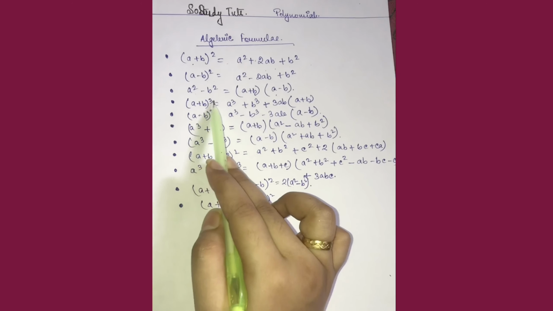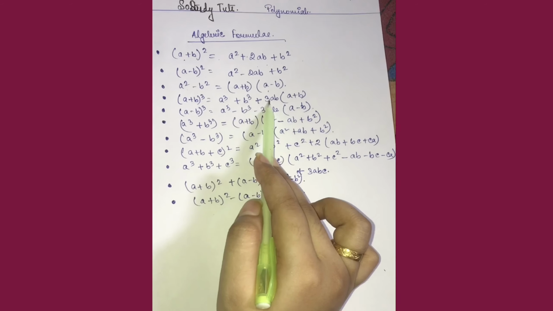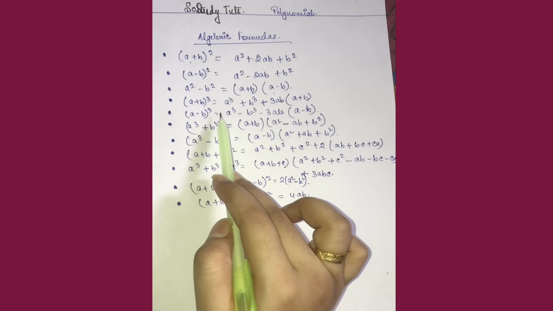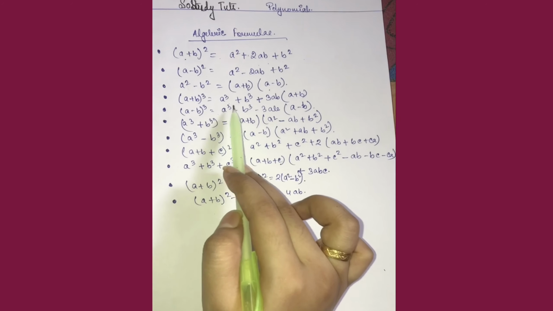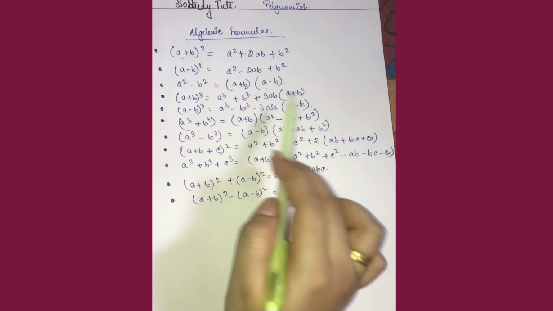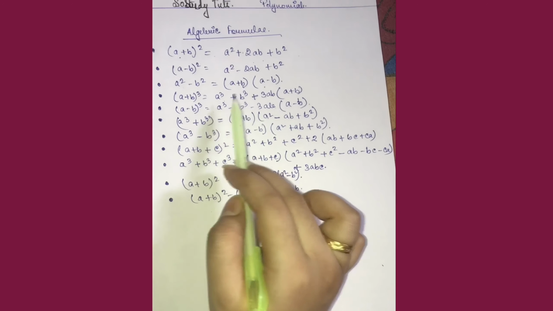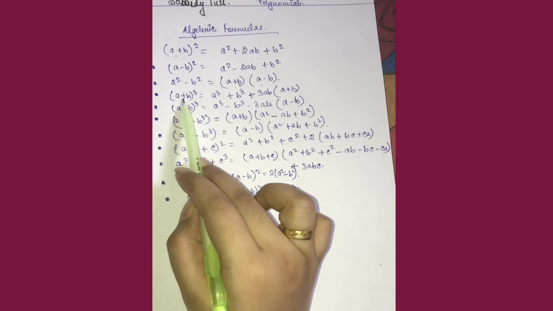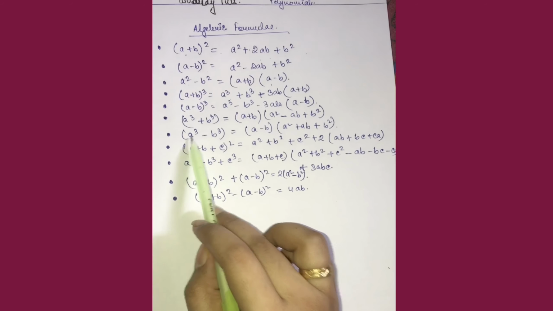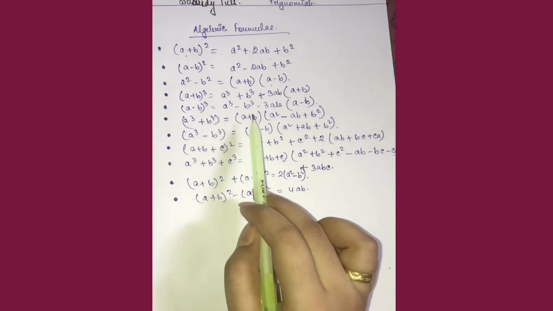(a plus b) whole cube equals a cube plus b cube plus 3ab into (a plus b). Next is (a minus b) whole cube, that is equal to a cube minus b cube minus 3ab into (a minus b). Here a plus b, here a minus b. This is plus over here, this is minus, for (a plus b) whole cube and (a minus b) whole cube. Now the next one is a cube plus b cube, a plus b